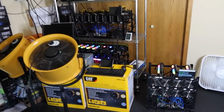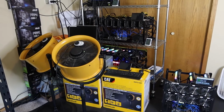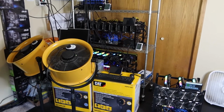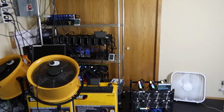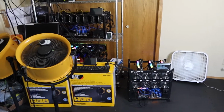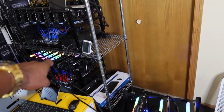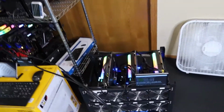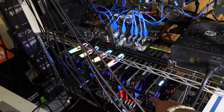Like, we are not even anywhere close to 90 and 95 degrees, and sometimes we get 100 and we'll stay 100 and have a heat wave. So just wanted to give you guys a quick update. Had to shut down all the miners except for the 3060 Ti and 3070 rig, and then also this 3070 rig back here I left